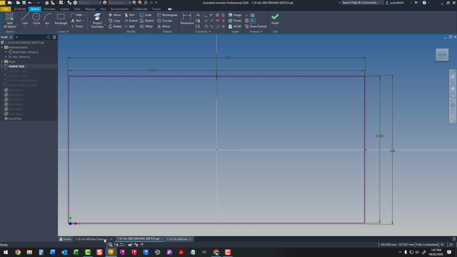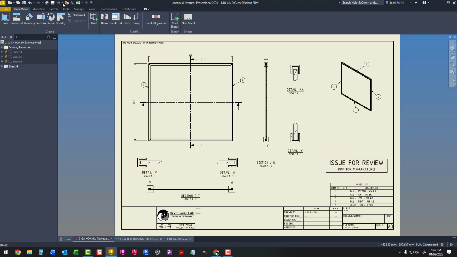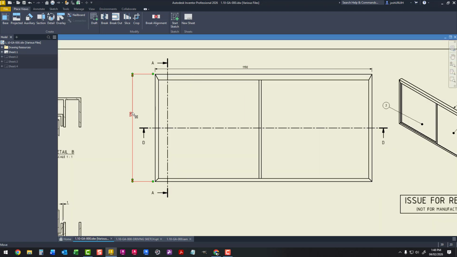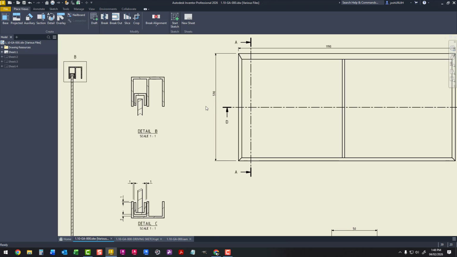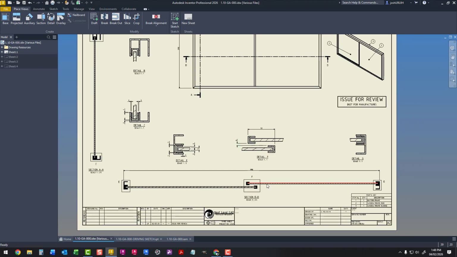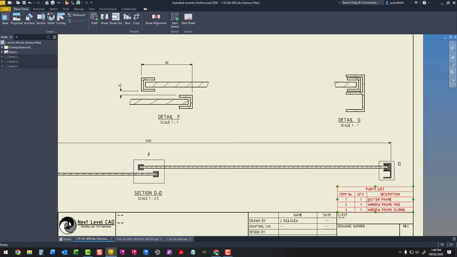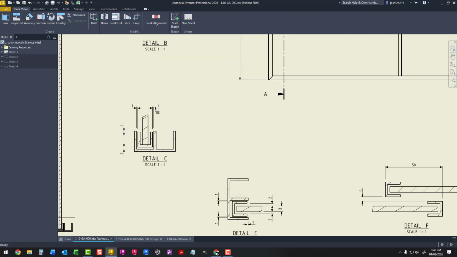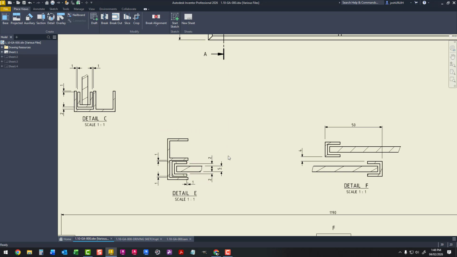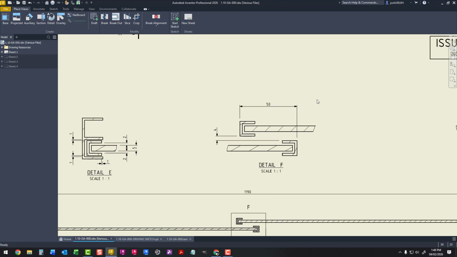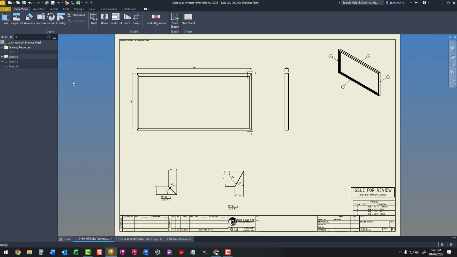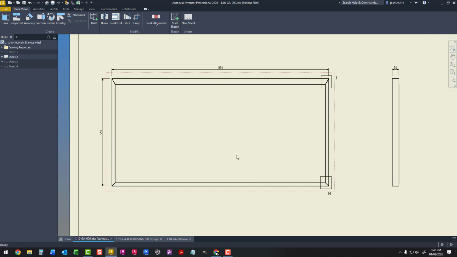So just to show that that's all working, we'll go back to our drawing here. So our drawing is 1190 by 590. Right, so we've got our model definitely linked to all our drawings. You can see I've shown some detail that you may typically see on a window drawing. Again, don't know if this is accurate or not, but it'll show what I need it to show for this demonstration. You can see our inner frame drawing